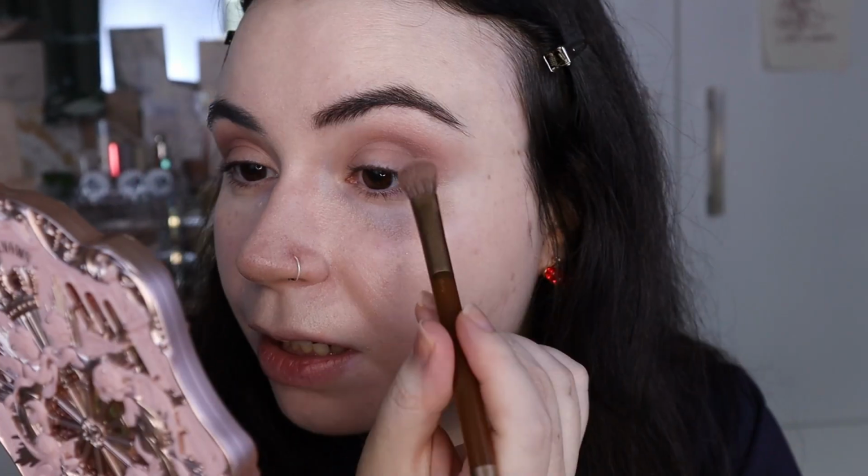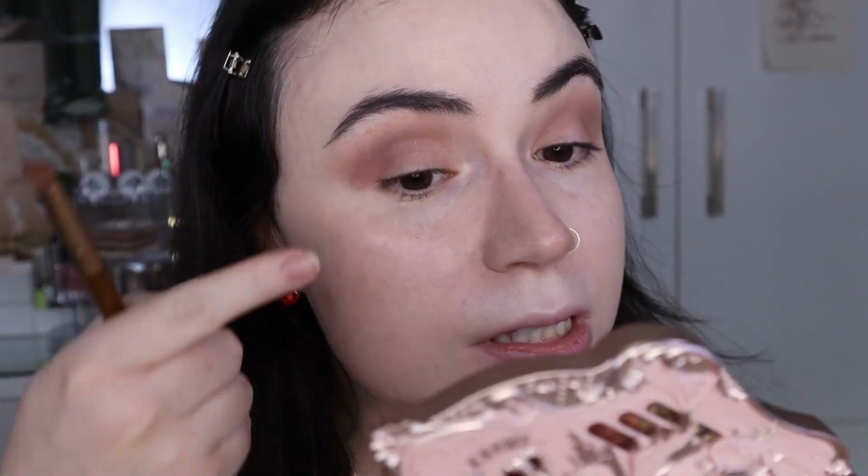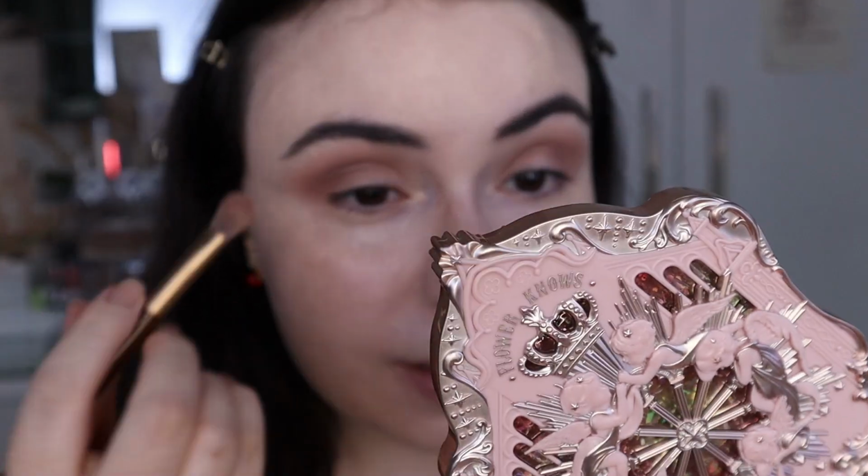I could end this here and I would be satisfied with my look, but again, I am just going for simpler looks these days. But in order to test this, let me use at least 3 or 4 shades. These are not at all hard to blend, and I'd say that these shades are the most difficult to formulate. Okay, it's my